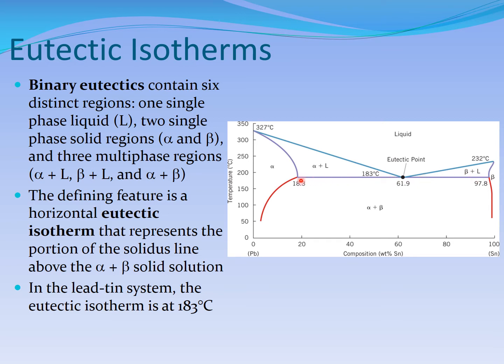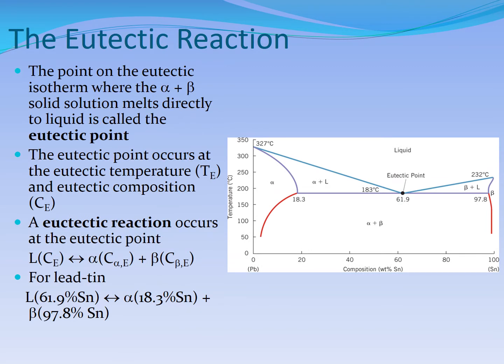Isotherm means a line which is a constant temperature line. This isotherm is also the eutectic line, right? Because the eutectic reaction will take place, as we told you, on this line, vertically this and horizontally this. So this eutectic isotherm is there, and this temperature for a lead tin alloy is 183 Celsius. So the eutectic point is there, as I told you, where all liquid will suddenly become liquid plus solid, and this reaction that liquid becomes two solids is the eutectic reaction.